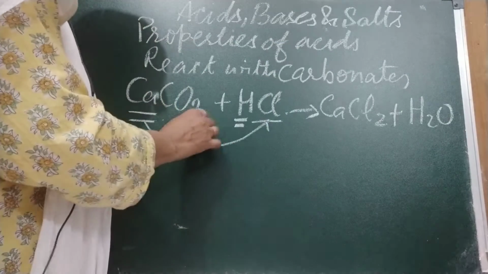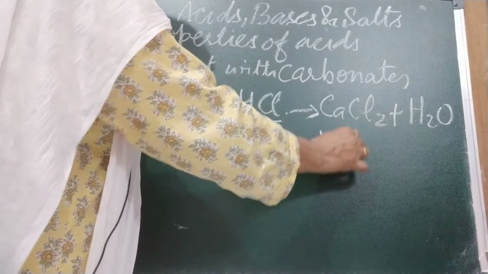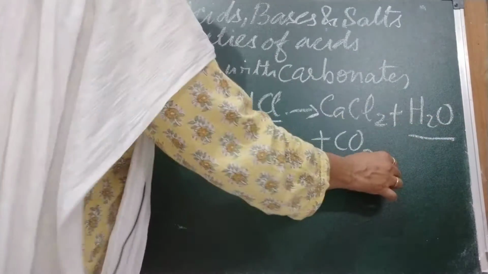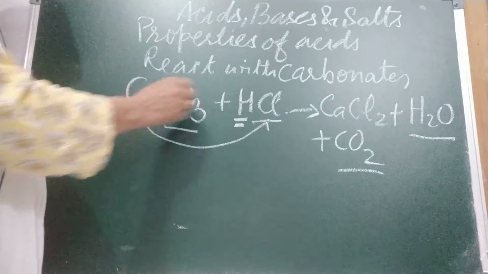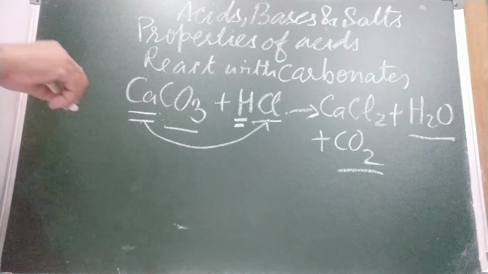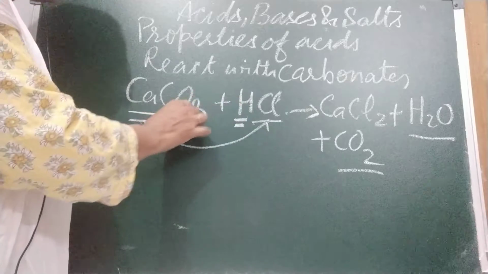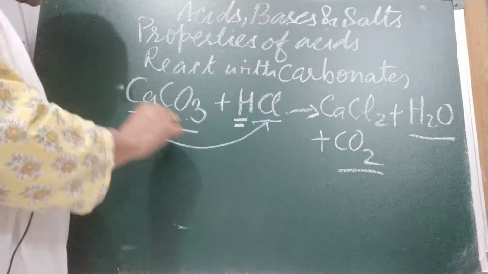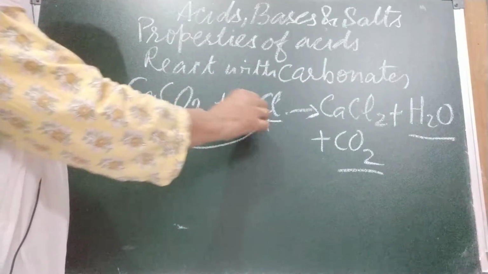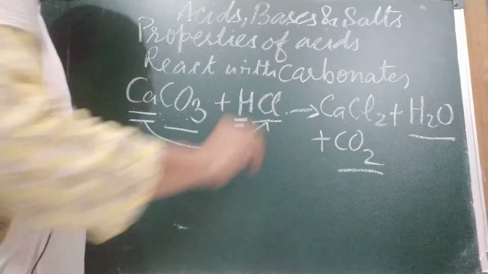And carbonate is there, they form carbon dioxide. So these two things they always form when acid reacts with carbonates. Carbonate and H together form water and carbon dioxide, and its metallic part and non-metallic part form calcium